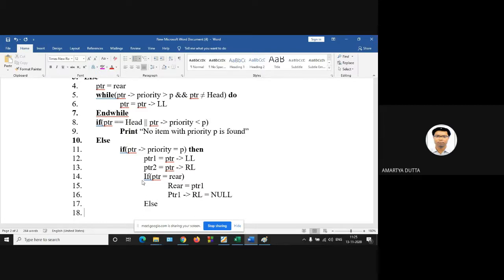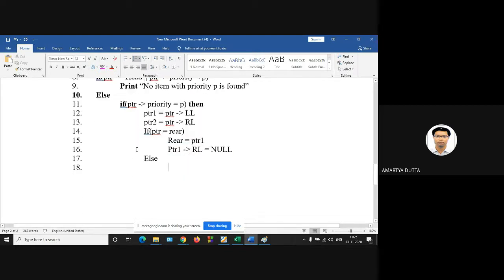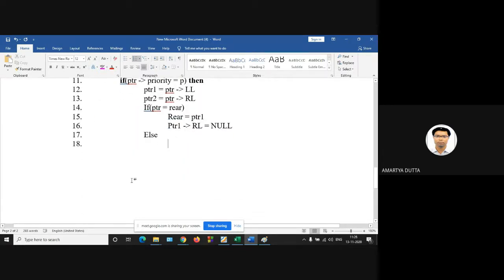Otherwise, your PTR1, its right link will be your PTR2, and PTR2's left link will be PTR1, as this is the double linked list.